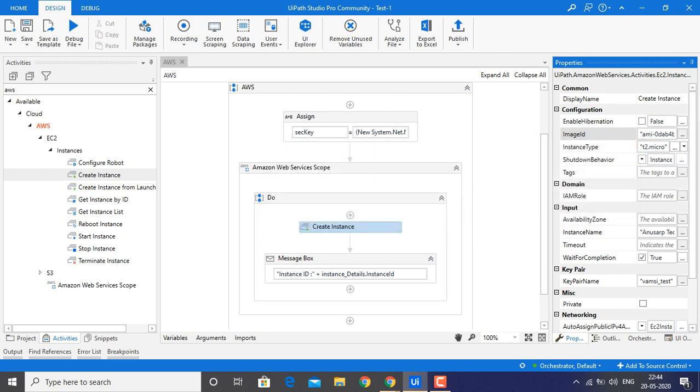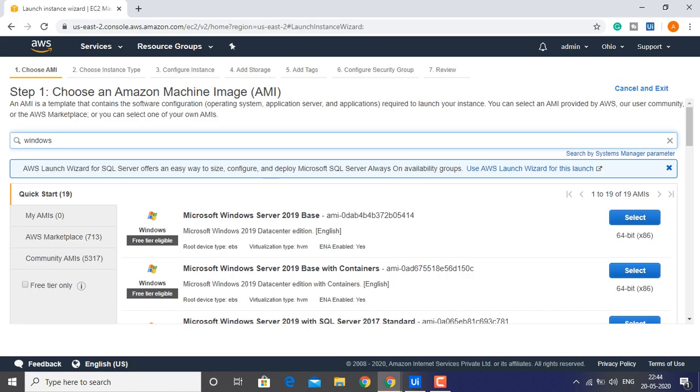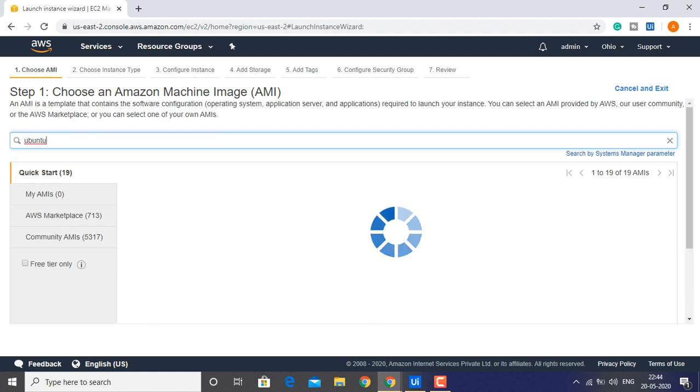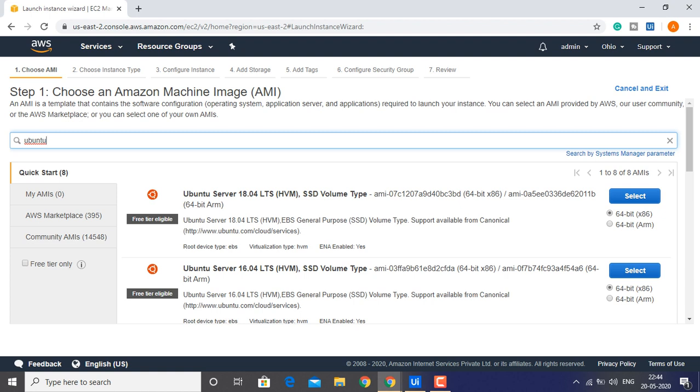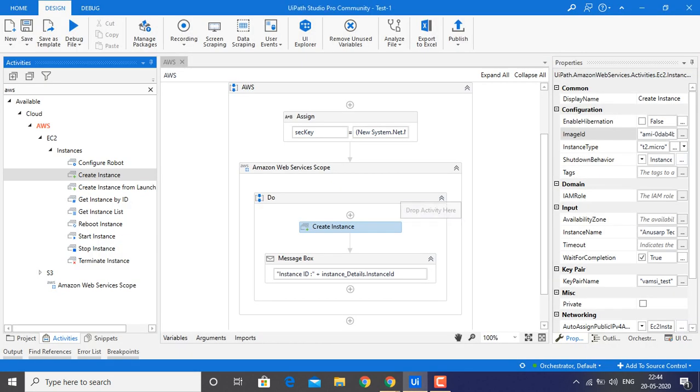If you need any Linux or Ubuntu instance, we have to select that one. We have to search for that instance, copy the Amazon Machine ID, and paste it here.